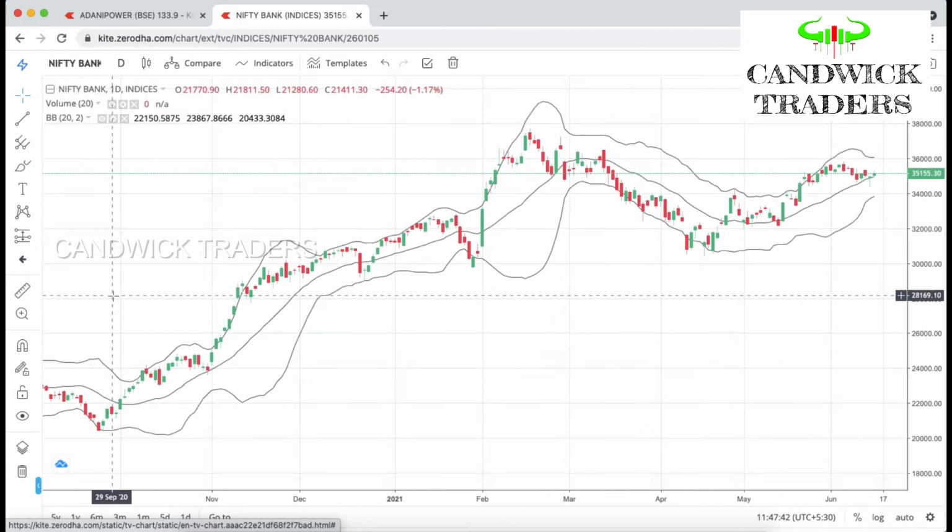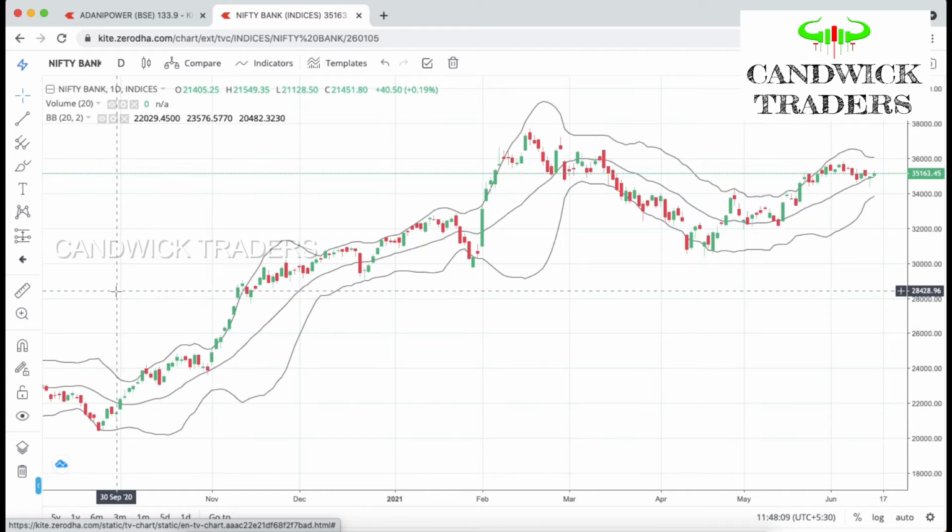We can use Bollinger Bands in daily and weekly time frames, and coming to intraday we can use it for 1 hour and half an hour, that means 30 minutes, and 5 minutes and 15 minutes also. It will work like anything because it's completely working on price moving average and standard deviation.